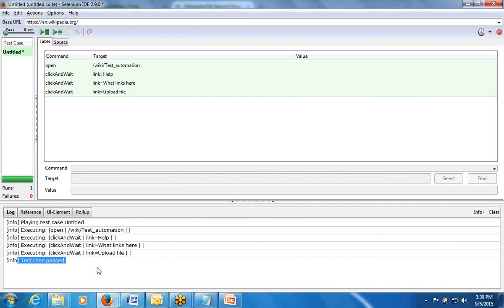So this is the concept of record and playback. So one is the HTML. By default we will be seeing the HTML, and we can convert the code into any other programming languages supported by the IDE, and this is a flavor used for the record and playback option. So these are the 4 points which we have discussed on the IDE.